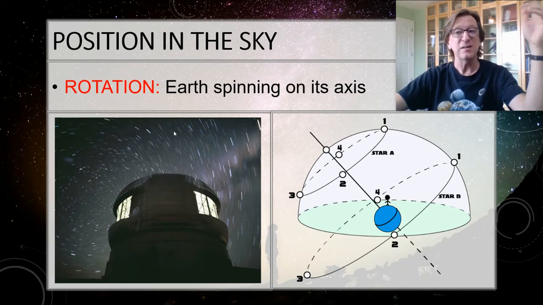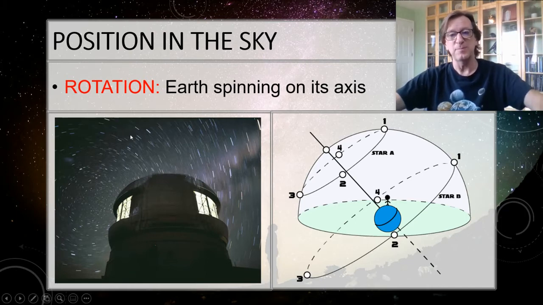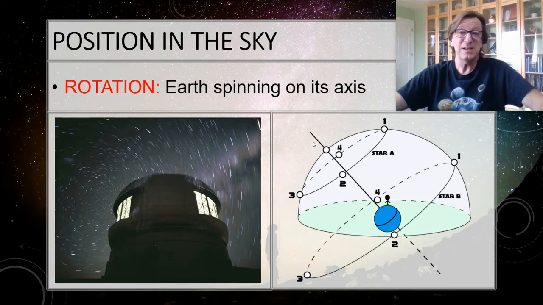Well, no, it's not. And we'll talk about what the difference is there in just a minute. But when we look at this diagram here, we're facing north, the same view that we see here. So Polaris is right there in the middle, and you see that star appears to rotate as it comes around. These stars that are right next to the pole star never set. You can see that all of these stars are going to be visible all the time. So even during the daytime, Polaris is visible, even in the middle of the day. You can't see it because the sun's shining, but it's actually there.